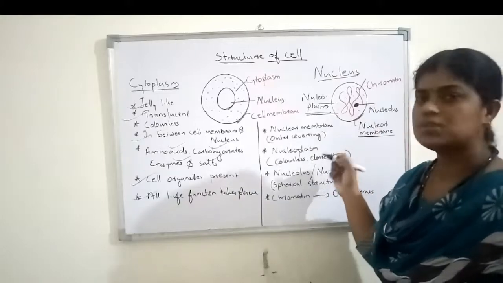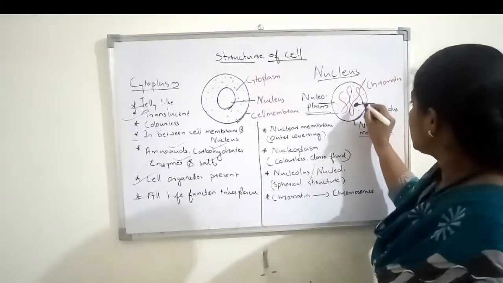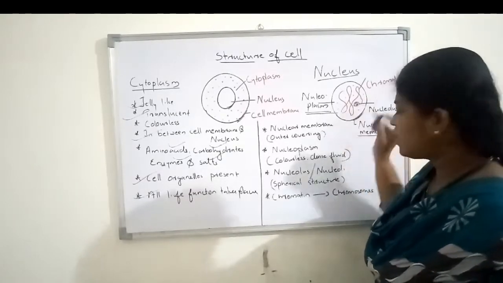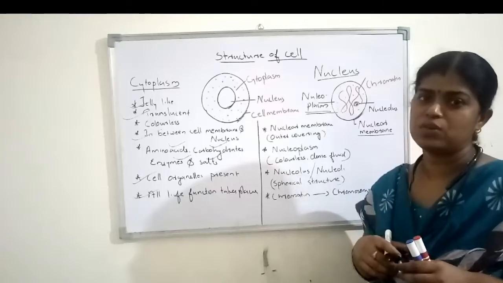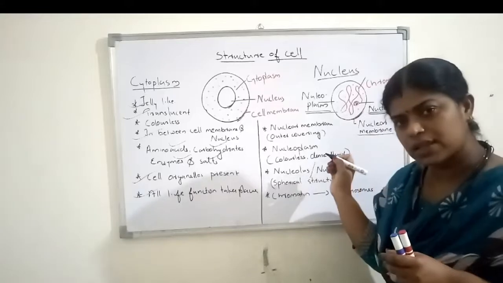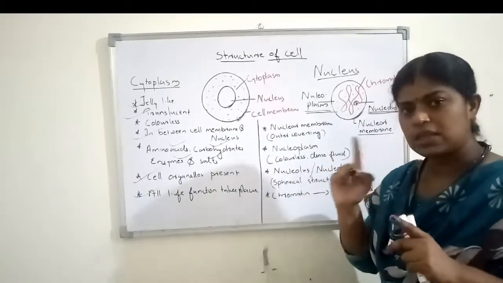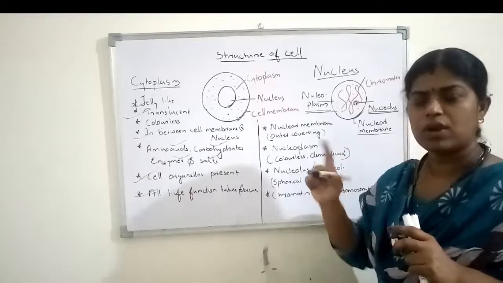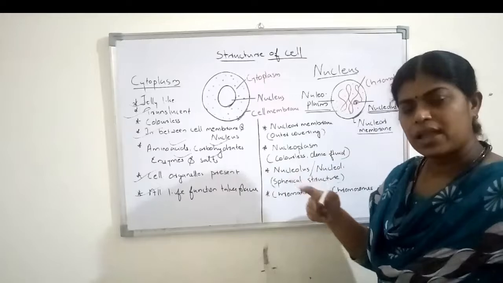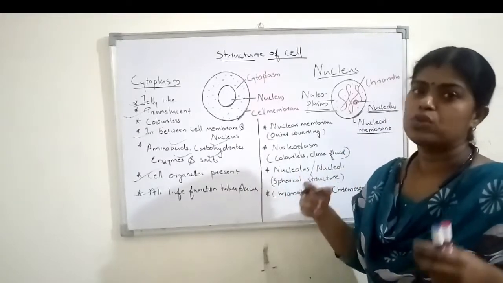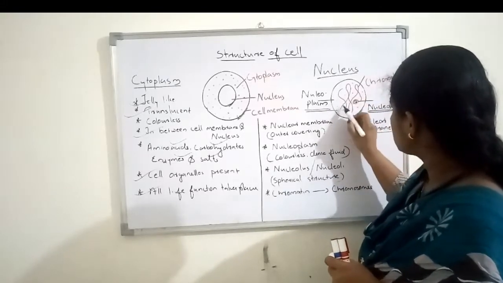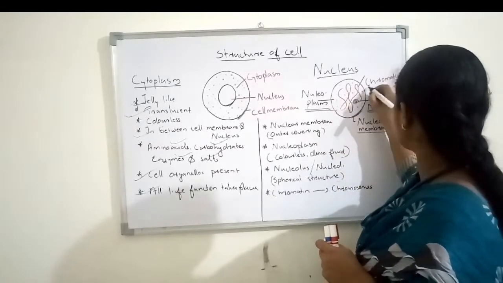So inside the nuclear membrane, a thick fluid is there. We are calling it nucleoplasm, and a spherical body is there inside the nucleus. Sometimes only one, sometimes more than one spherical body you can see inside a nucleus. That is known as a nucleolus. If only one spherical body is there, we call it a nucleolus, and if it is more than one, we call them nucleoli. And you can see a thread-like structure inside. What are we calling it?